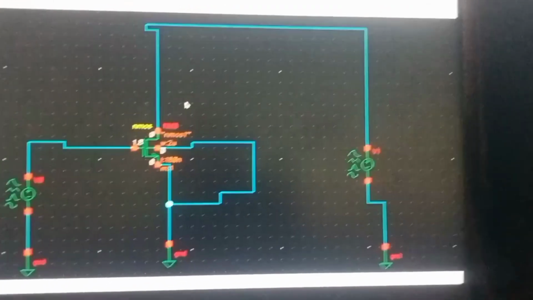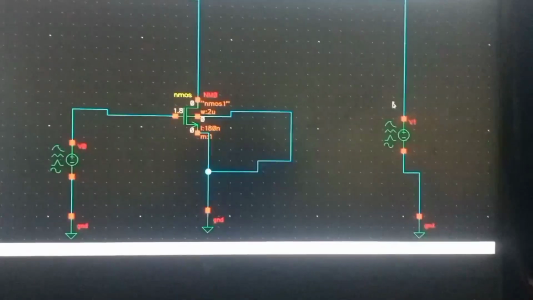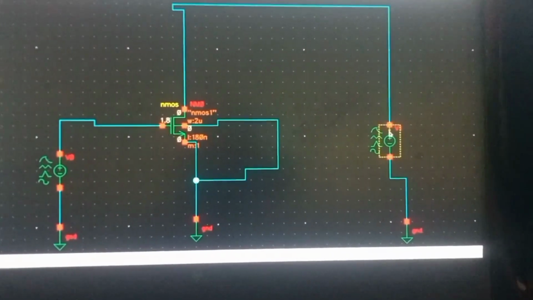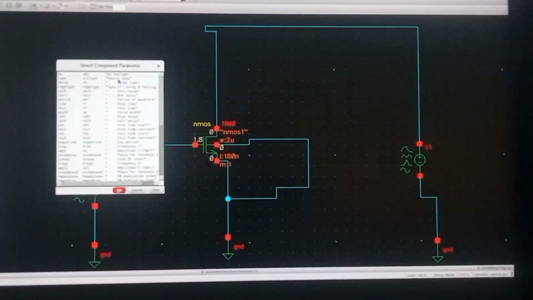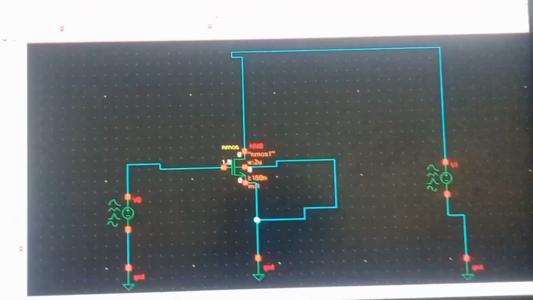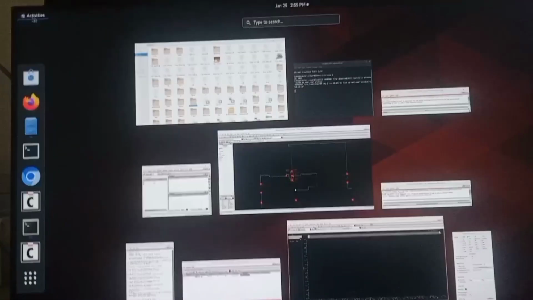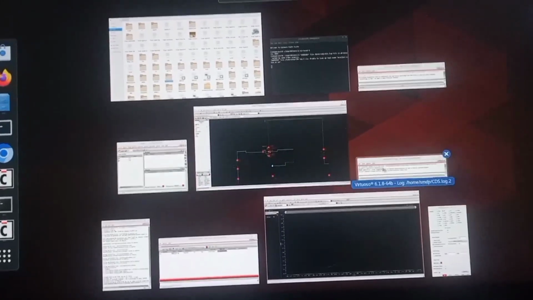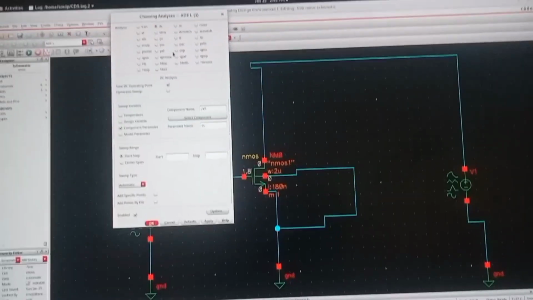Same thing we will do for the ID VDS curve. Let's see. First we have to select the VDS source, then select DC here, and press the OK button. OK here, and now minimize it.